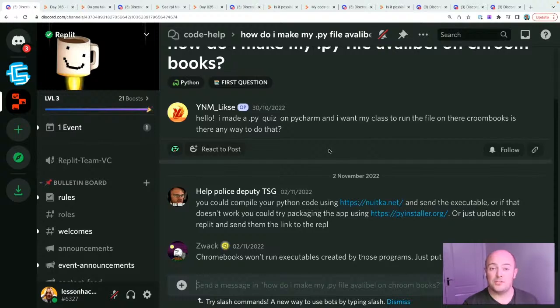Of course, you could publish it to our community if you'd like to get a few more eyeballs on it, especially if it's something really cool and really innovative. And you could also use the multiplayer mode if you want people to look at the code and edit it, but that doesn't sound like what this person wants.